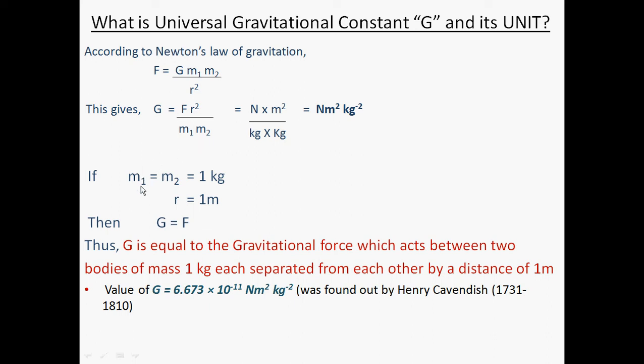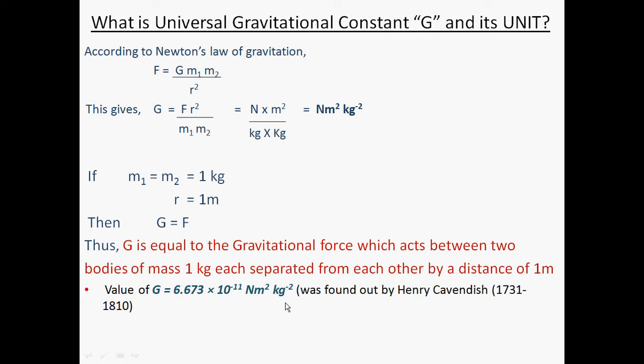If we consider the masses to be 1 kg and the distance between them 1 meter, the gravitational constant will come out equal to the gravitational force. So the definition of the universal gravitation constant is that G is equal to the gravitational force F which acts between two bodies of masses 1 kg each, separated from each other by a distance of 1 meter. The value of G is 6.673 into 10 to the minus 11